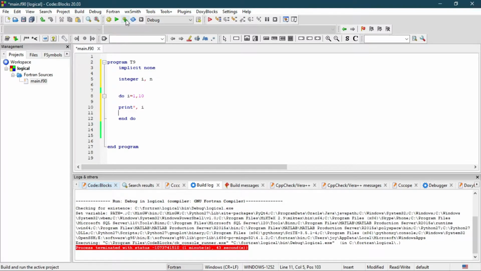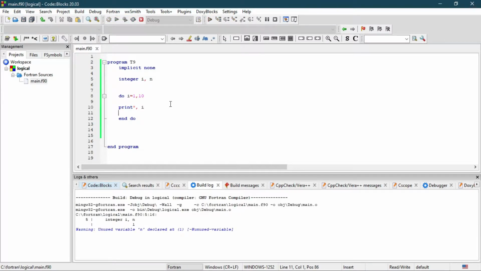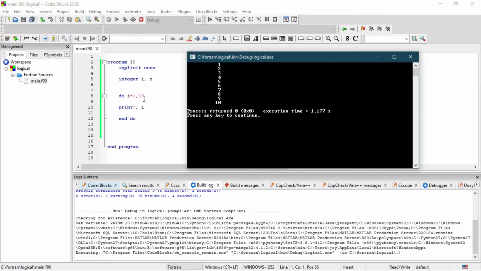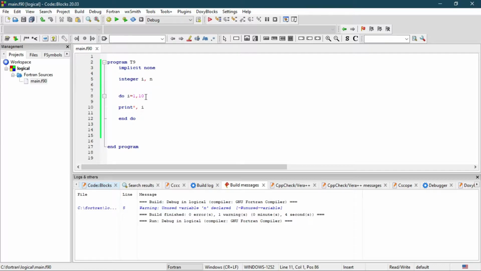So let's try to build and run this program. So this is our output. It prints all the values from 1 to 10, but as you can see, I did not specify the step. If you do not specify the step, Fortran will assume the step is 1. But if it is other than 1, then you have to specify it.